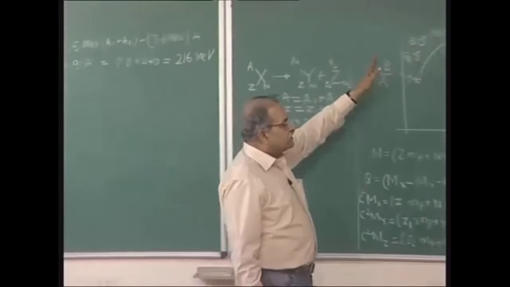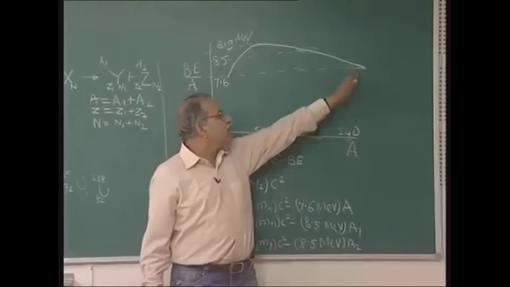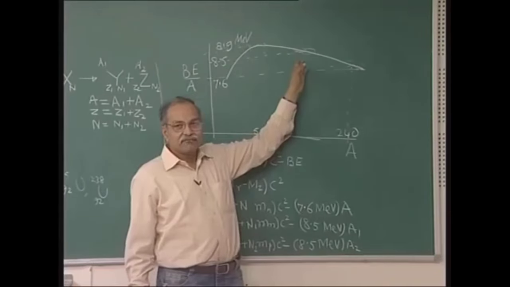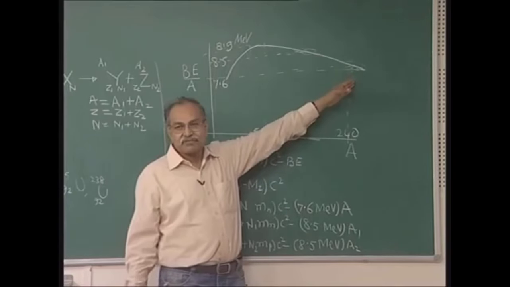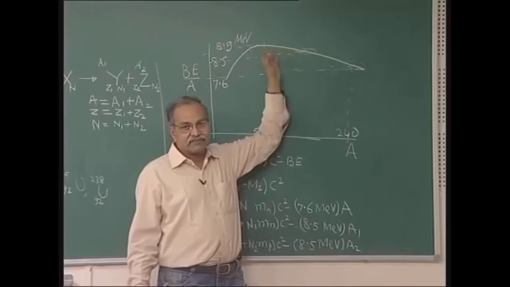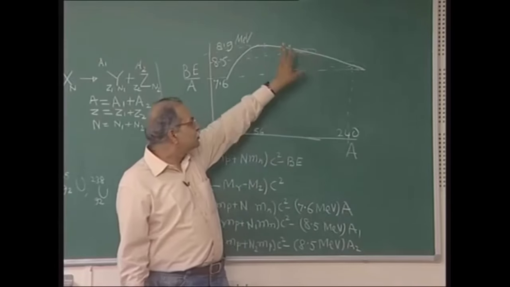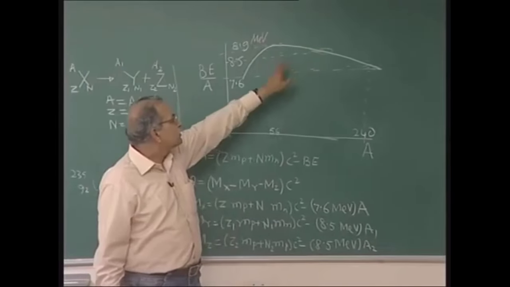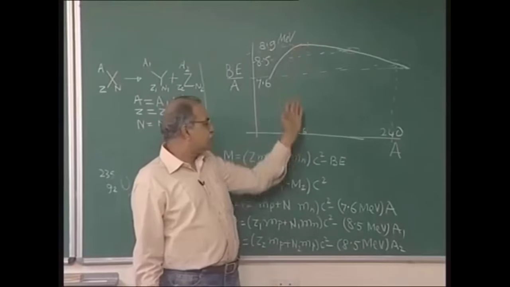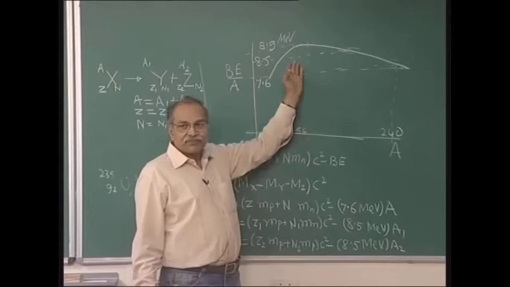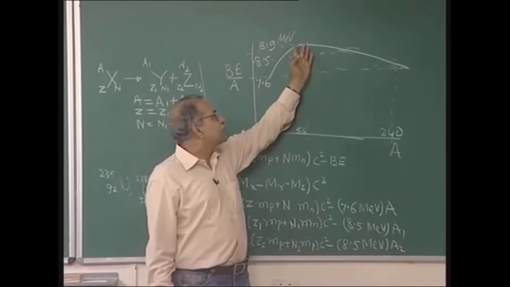So, what is the minimum value of A where this fission is energetically favorable? For 240, we have seen that yes, it is favorable. We can work it out using the semi-empirical mass formula. Roughly I can see it here, this is around 56 or so. So, if the starting point is double of this,